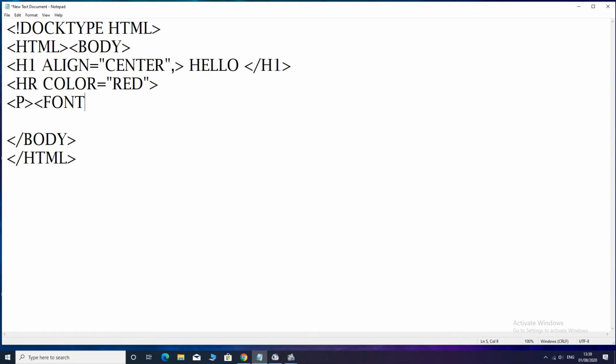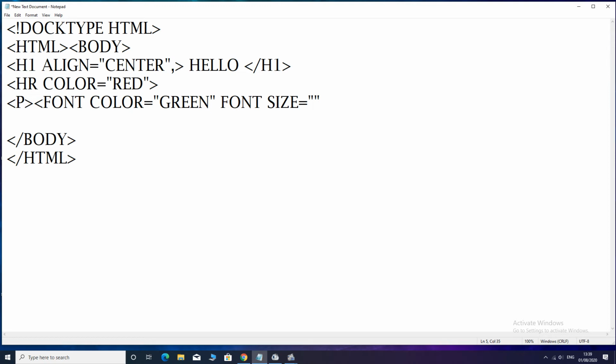Next program, font and the attribute font color. Suppose the font color is green and the size of the font, font size attribute equal to double inverted comma.